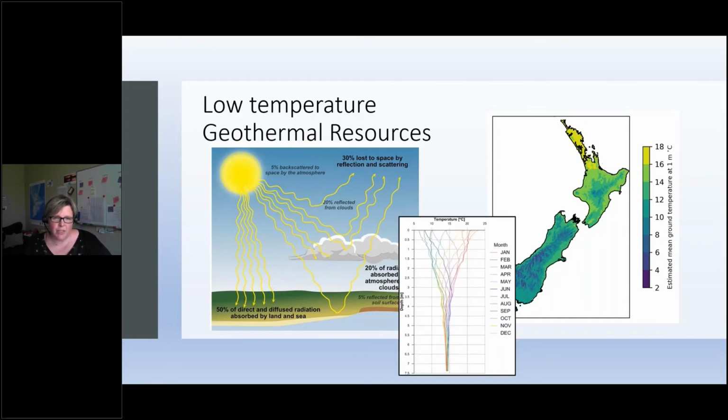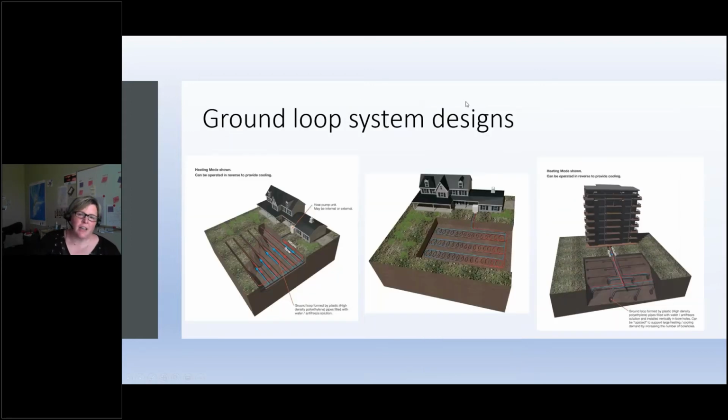How our ground temperatures propagate: we do have seasonal variations in the shallow ground, but as you get deeper, the range of your temperatures equilibrates out to roughly the mean ambient air temperature for the region. Ground loop systems, as Yael alluded to,